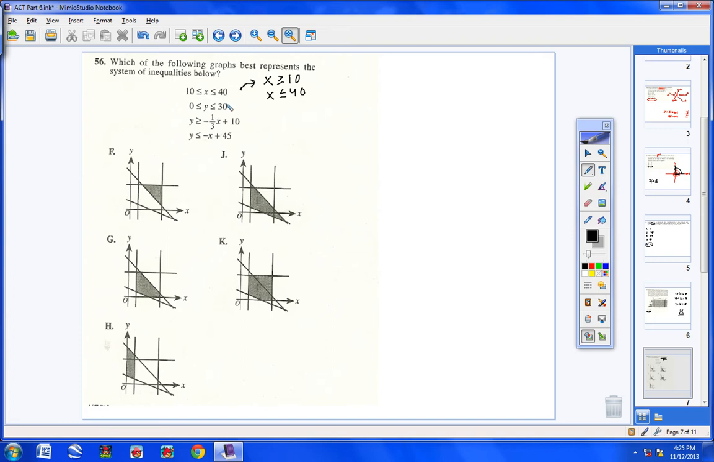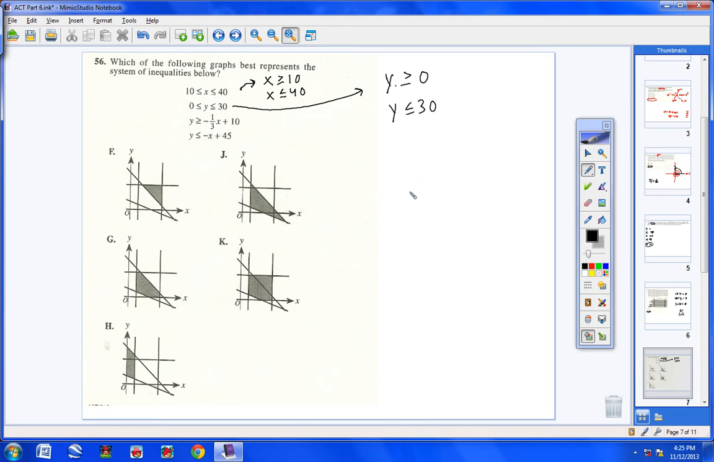See this expression right here? This compound inequality, I always tell my students, hey, break that up into this right here. Y is greater than or equal to 0, and y is less than or equal to 30. Because that's what it says here. X is greater than 10, x is less than 40, y is greater than 0, y is less than 30. So first of all, right off the bat,